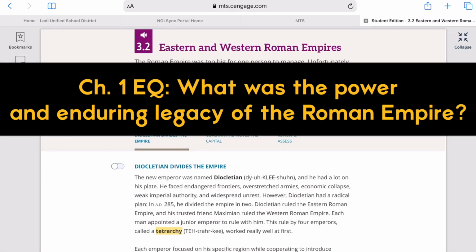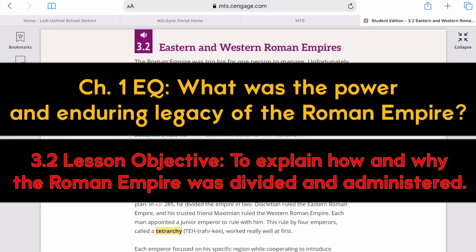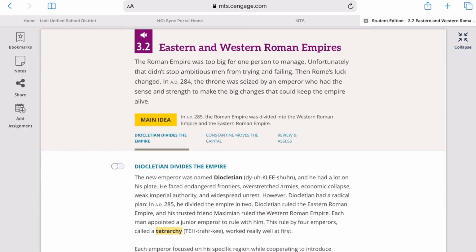So Chapter 1, essential question: what was the power and enduring legacy of the Roman Empire? And the objective of Lesson 3.2, Eastern and Western Roman Empires, is to explain how and why the Roman Empire was divided and administered. So to provide you with additional information besides the information that you have in your book right here,